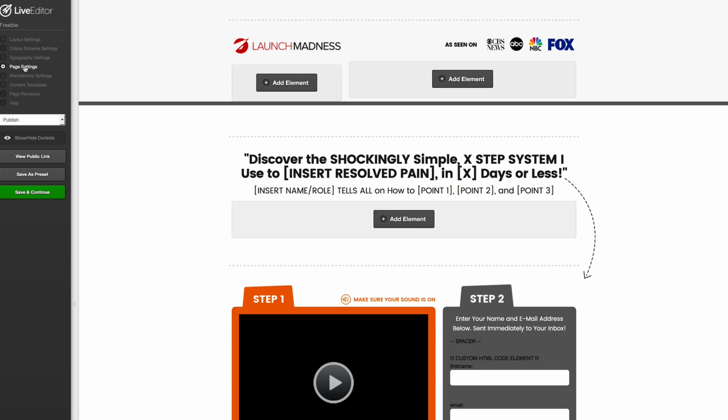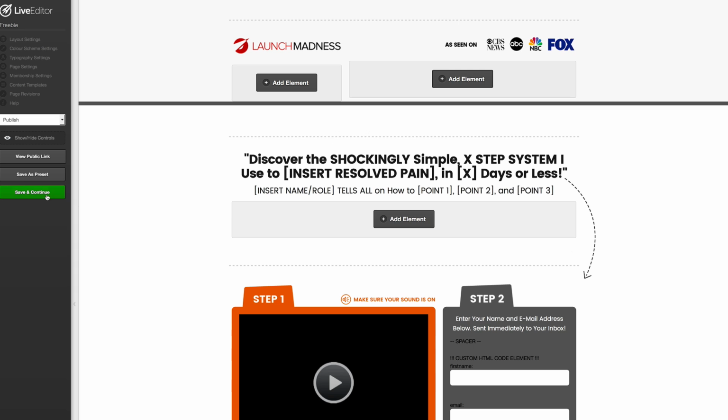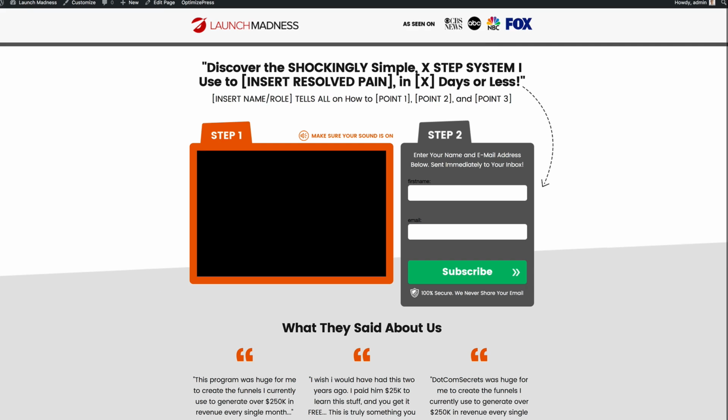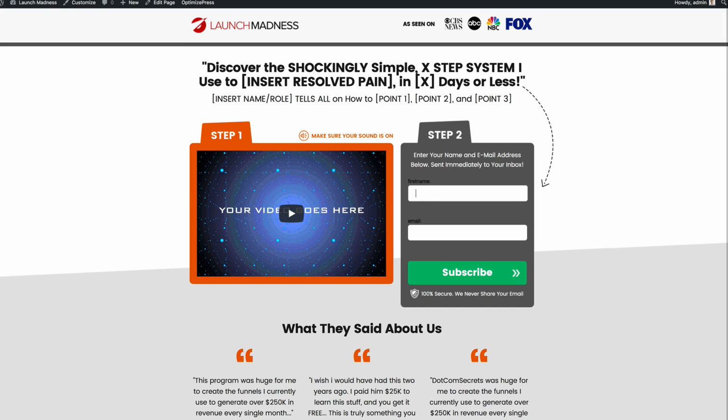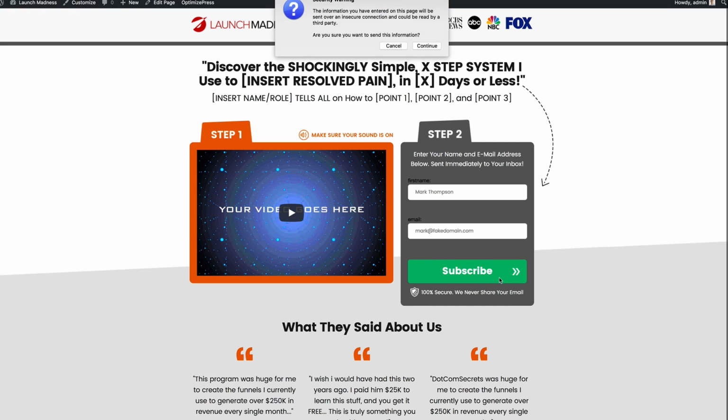And so for this example, I'm going to go back into my page settings, and I'm going to add this code to the footer as well. And I'm going to click on Update. And so now I'm going to save that. And so now when I refresh the page, I got to add in my email autoresponder code, right? So you can capture their name and email address. And so I'm just going to put in just a name and, all right. And now once I subscribe here,